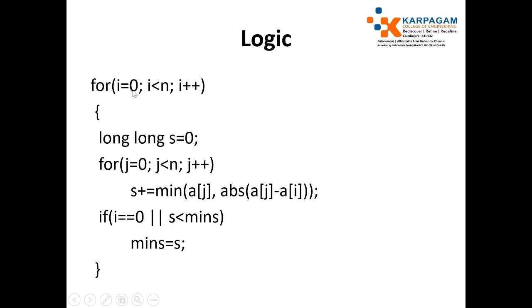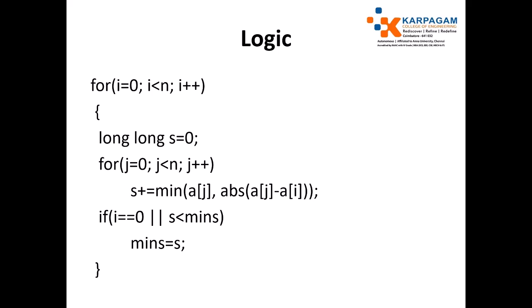Next, I equal to 1. When I equals 1, you are not taking the 2. What we did is take the first element and identify the minimum number of operations needed for making the elements look like the first element. Now we are taking the second element and trying to identify the number of operations required to make the elements look like the second element. In a similar way, you find the number of operations needed for making the numbers like the one you read now.